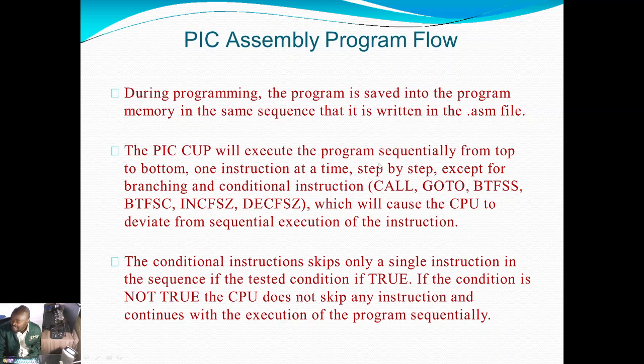So the PIC will execute the instructions sequentially from top to bottom, one instruction at a time, step by step, with an exception of branching or conditional instructions. So the instructions are always executed sequentially from top to bottom, with an exception of branching or conditional instructions. Branching instructions go to